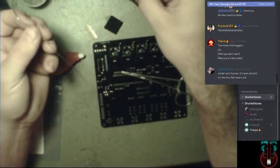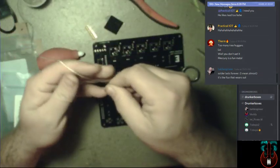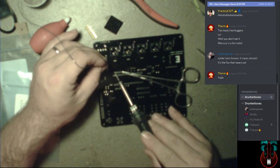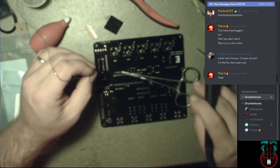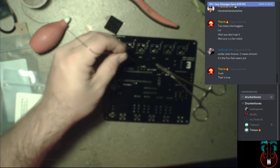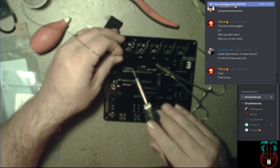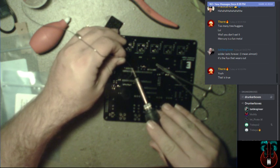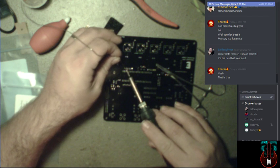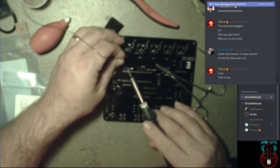All right, so I just wasted what, 20 minutes trying to fix a fuck up? Isn't that what most people call a normal day? Yeah, pretty much. Well, on that